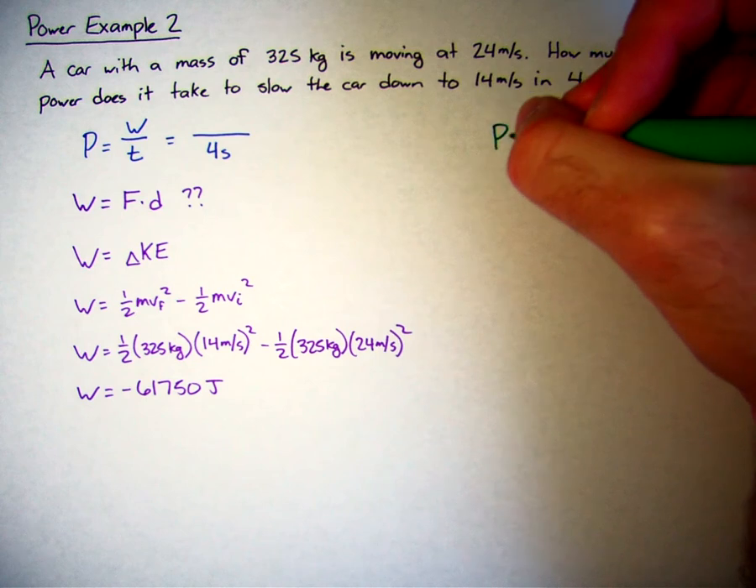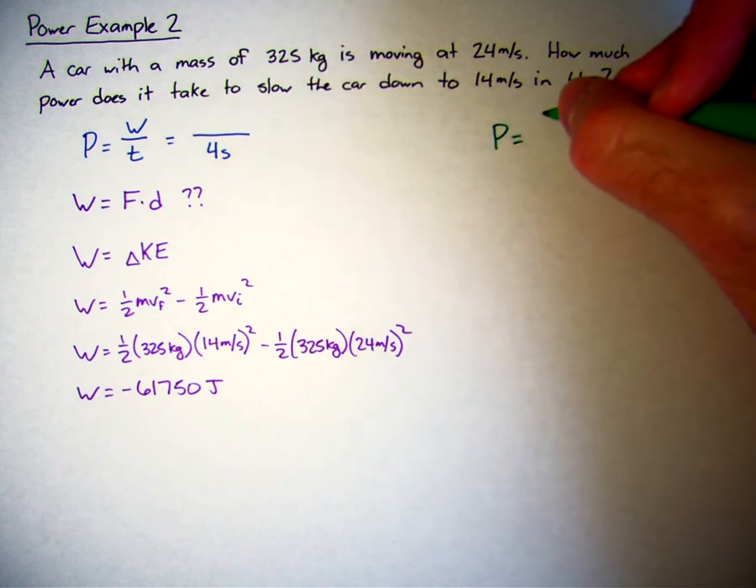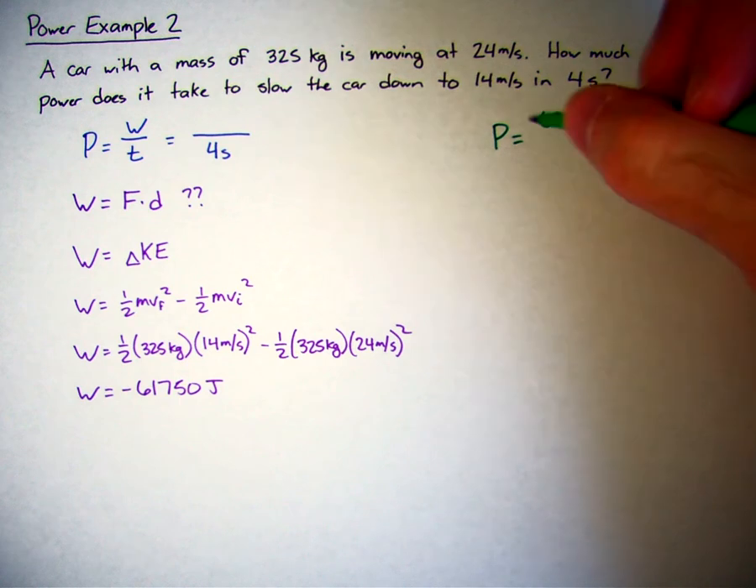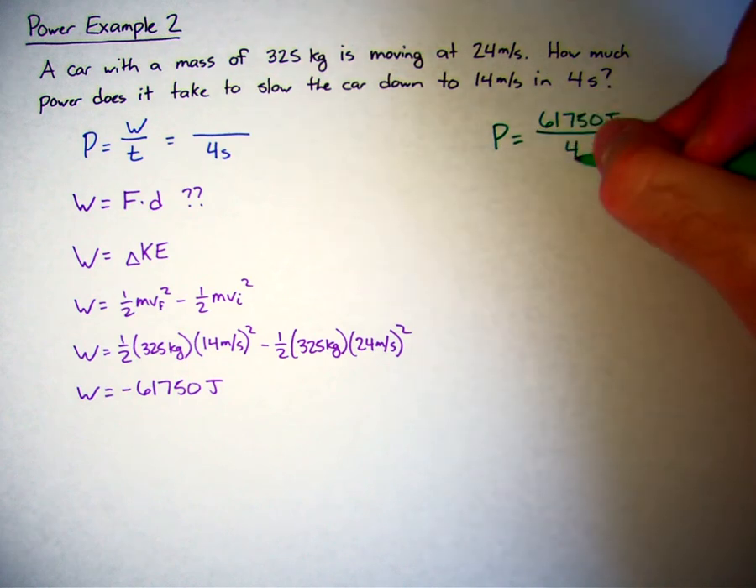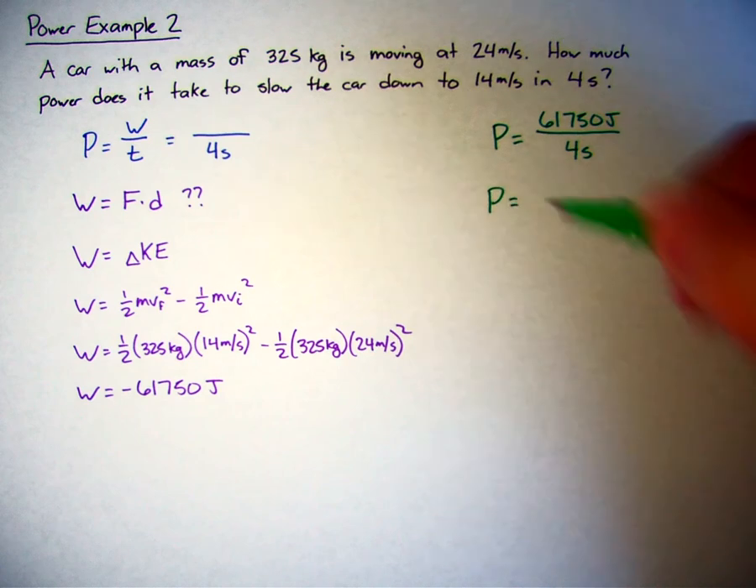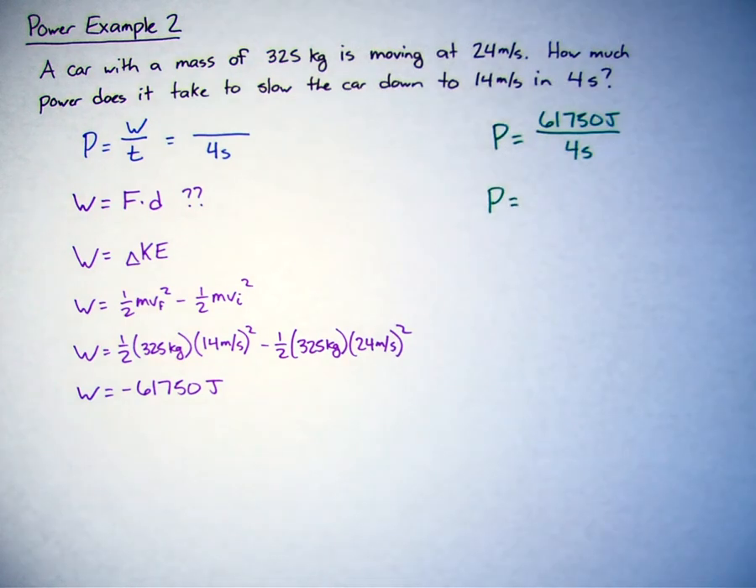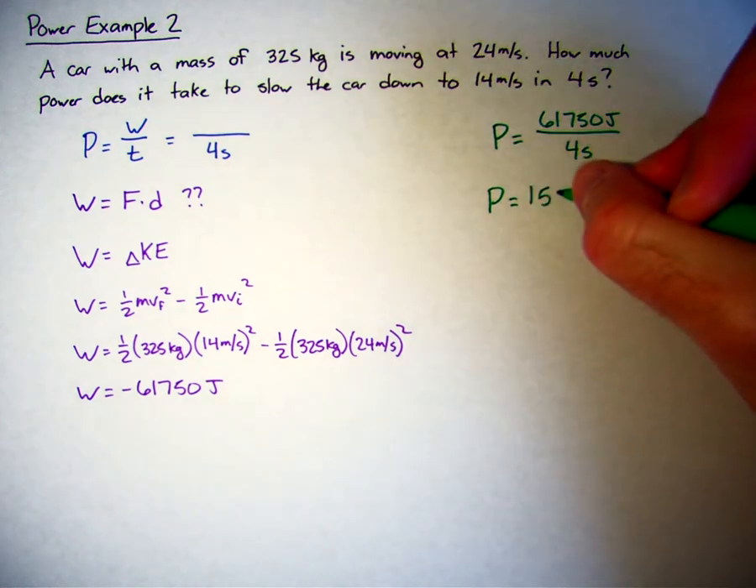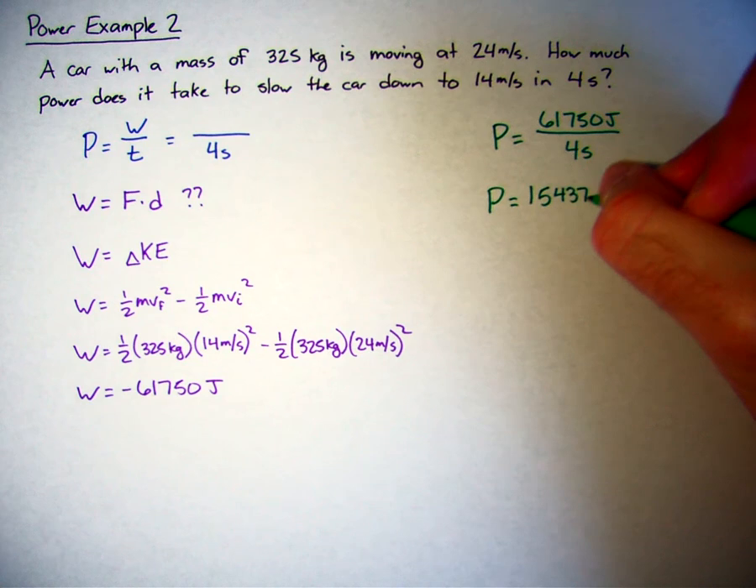So the power is going to equal this work. I'm not going to worry about the negative, so 61,750 joules, again, because it's just a scalar, divided by the 4 seconds. And that's going to give us the rate of power. So 61,750 divided by 4 is 15,437.5